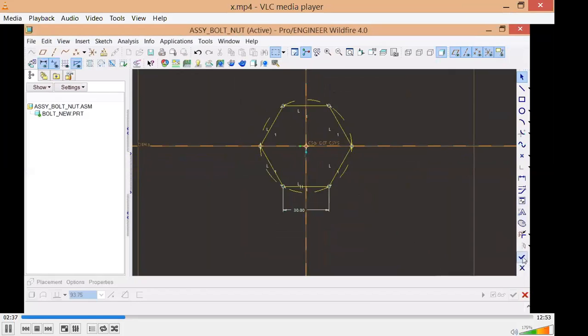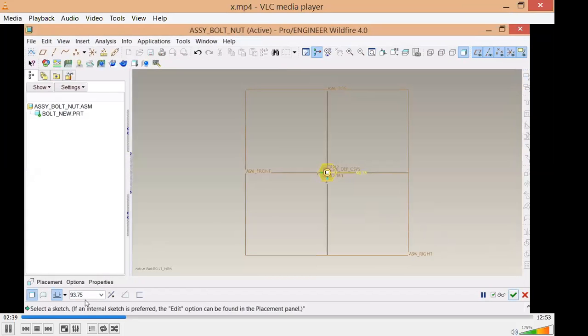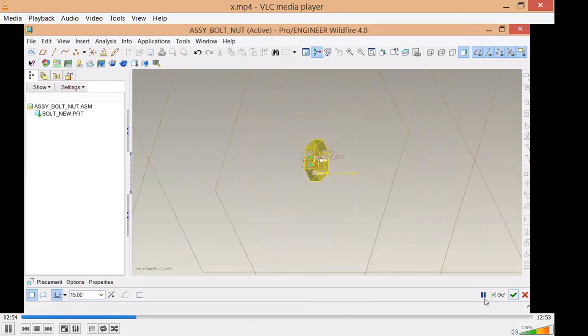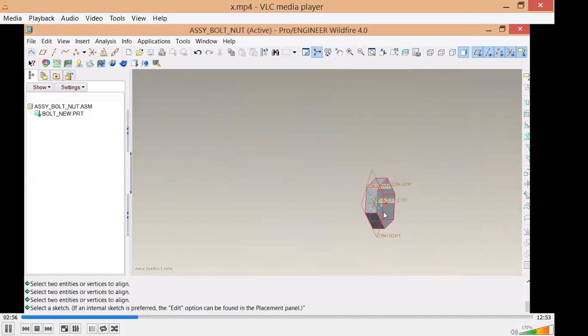If done, I need to enter a value for the bolt height. I'm entering a value of 15 for the bolt height. Press Ctrl D to go to the default position to see the bolt. Okay, the bolt is created.